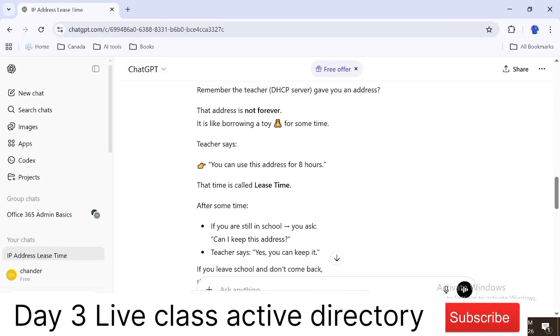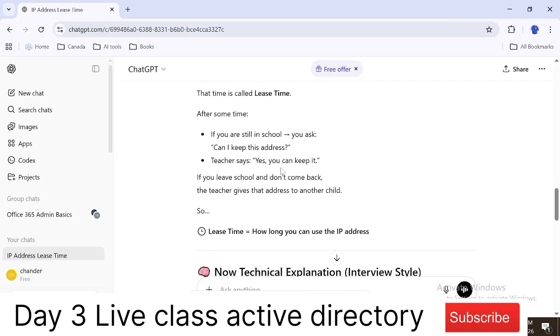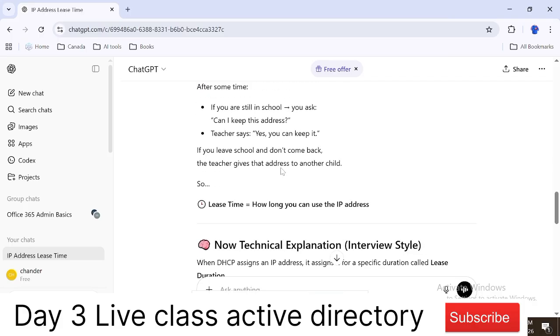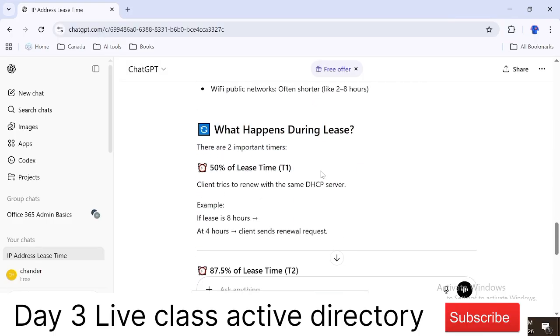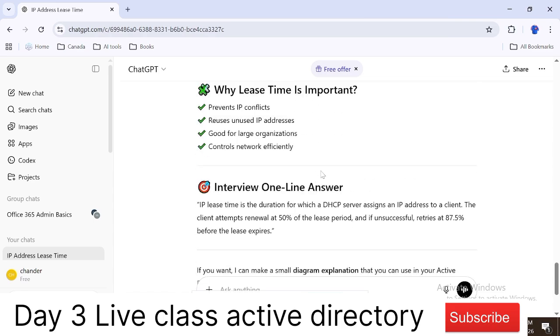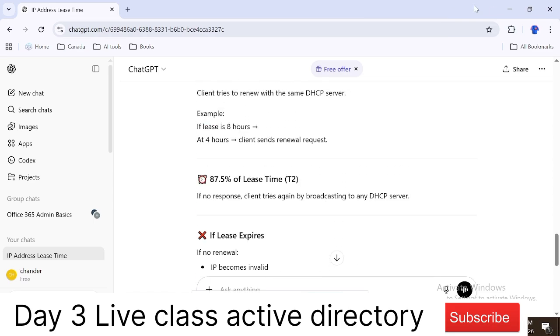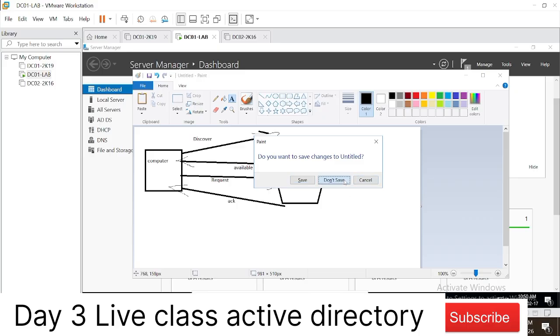It happens in every single organization, every single time. So this lease happens. You can keep the IP address; first it usually goes for 24 hours, then you can take it for 8 to 12 hours, 1 day, and up to 7 days it keeps on in the same way. So this is the lease system. It's not your topic for today. You don't need to go this deep, but that was the DORA process I wanted to explain before assigning IP addresses and all.